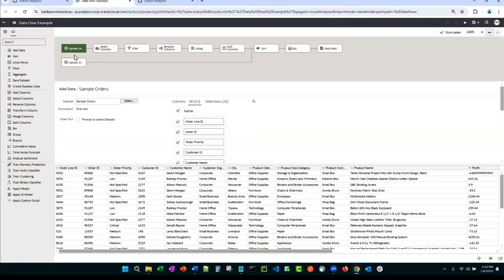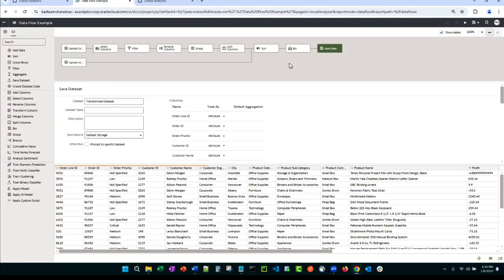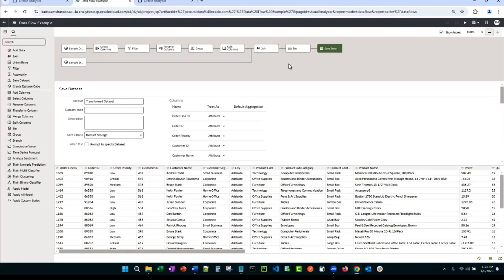So you start with data, whether that's a flat file or a database connection, and then you layer on different things into your pipeline. This could be to clean, to enhance, to do both. Maybe to do some cleaning and then join to another one. And then at the end of the day, what are you doing? It is going to save data to the data set. It's going to create it as a CSV right in the platform, no differently than if you were to upload it yourself.